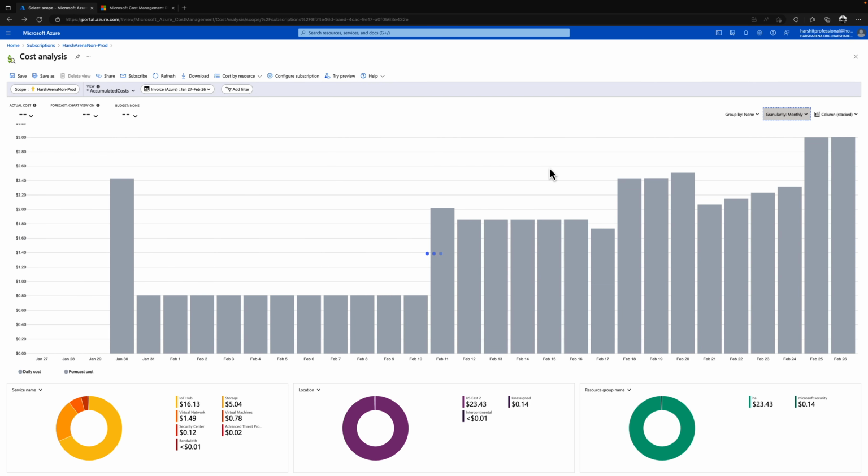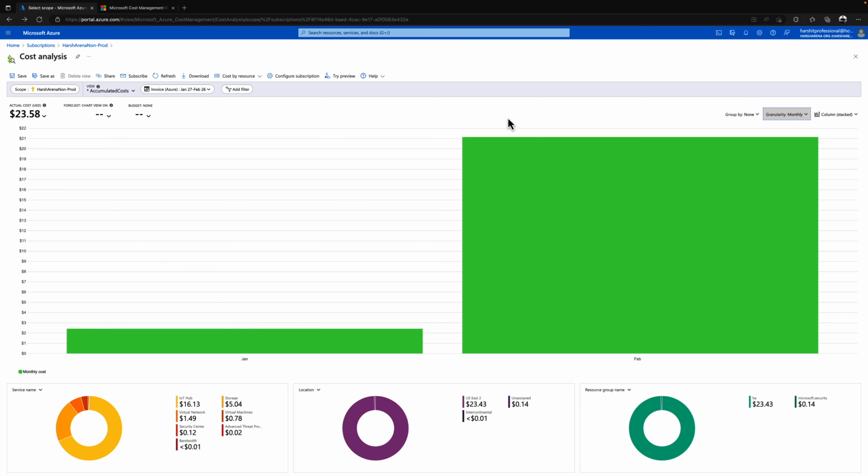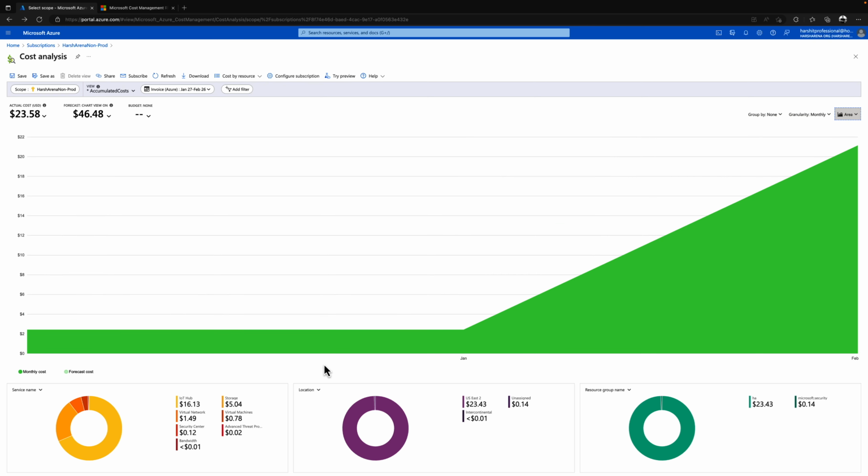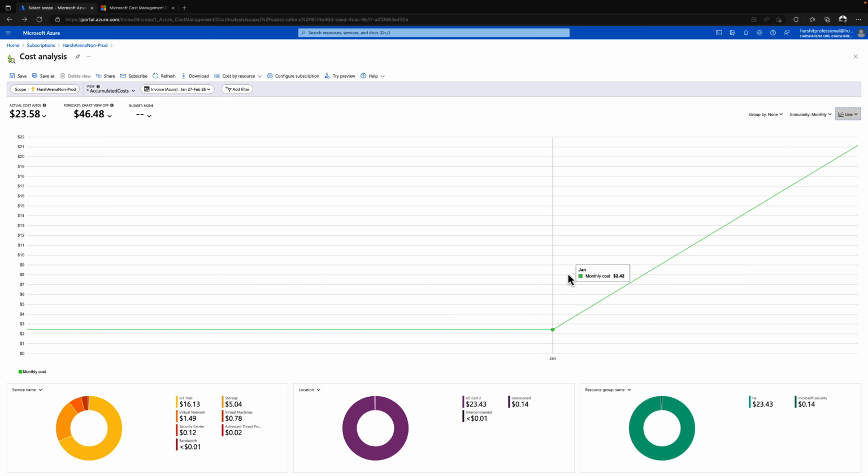I really want to see how it is going from the monthly basis, because it helps me understand overall in which month I actually consume more money. So I like to see it in the area, because here it's more important. Okay, it goes to Jan, and in February it goes high. If you like to review the separate line, you can choose the separate line here. See, because I actually created a resource at the end of January, and here you can see the forecast. Wow, I mean, this is something so important, and I think you get the idea of how you can play around